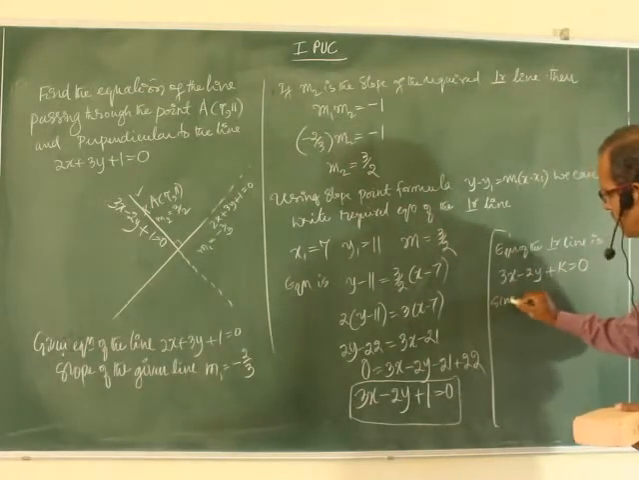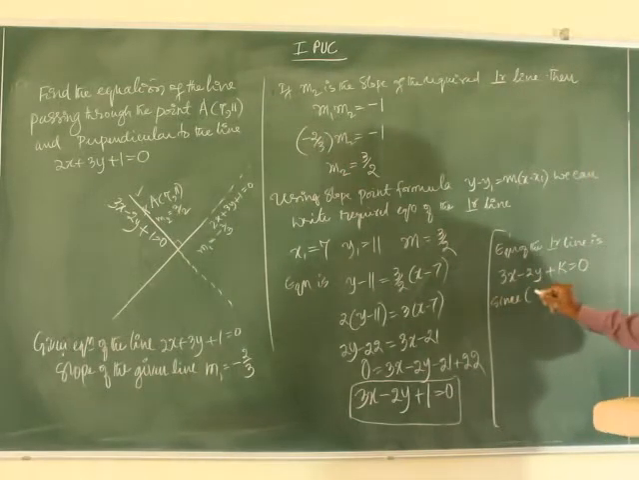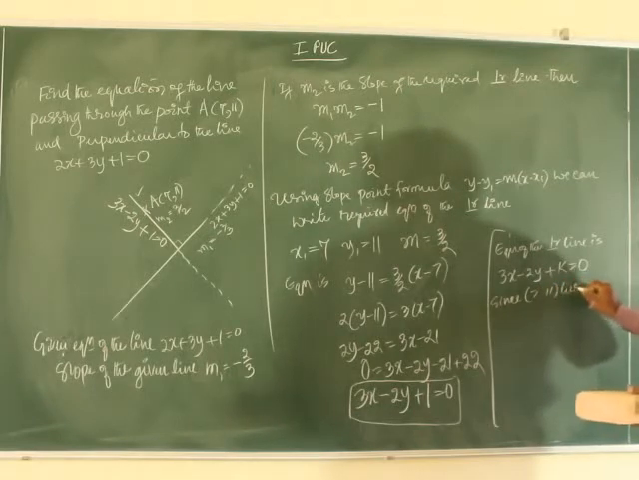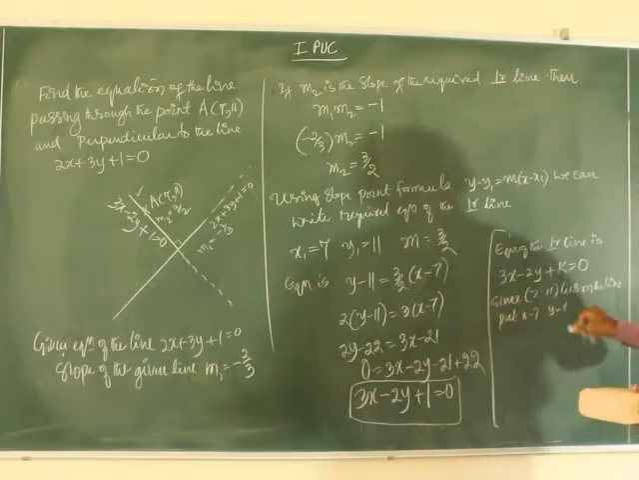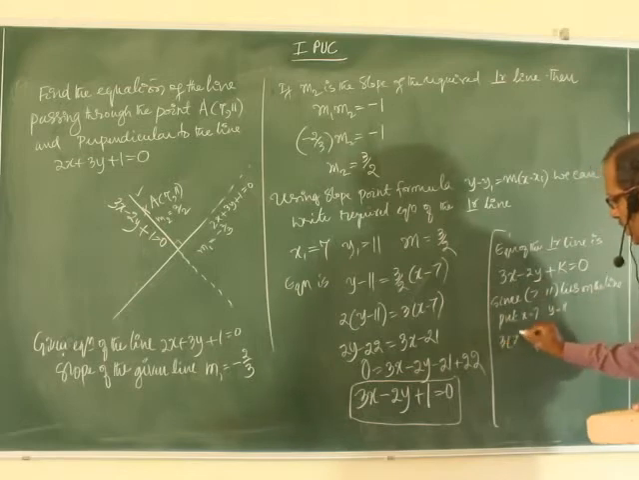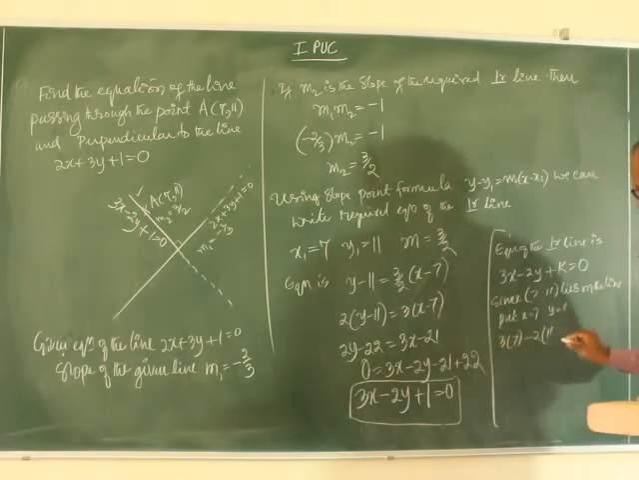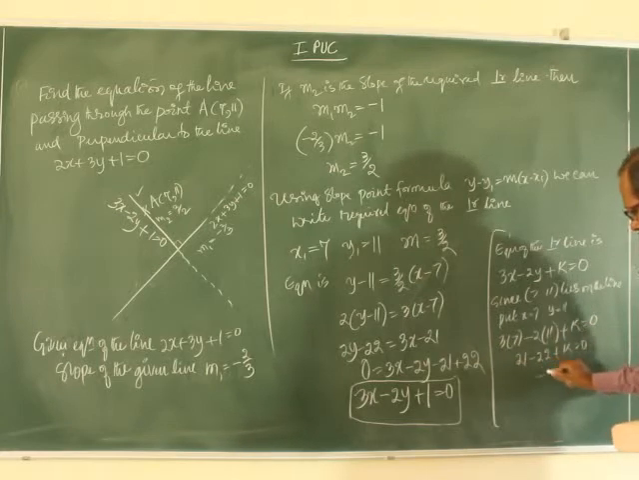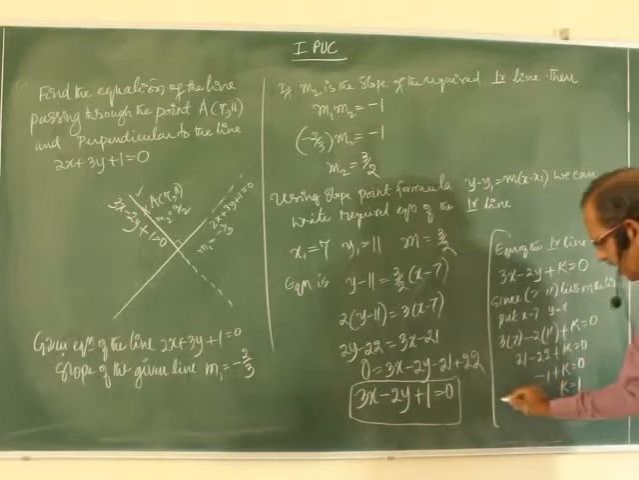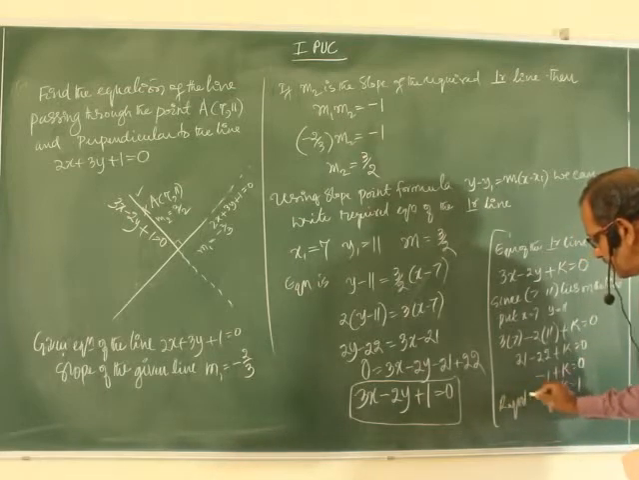Since the point 7, 11 lies on the line, put x equal to 7, y equal to 11. You get 3 into 7 minus 2 into 11 plus k equal to 0. 21 minus 22 plus k equal to 0, or minus 1 plus k equal to 0, or k equal to 1. Required equation is, finish,